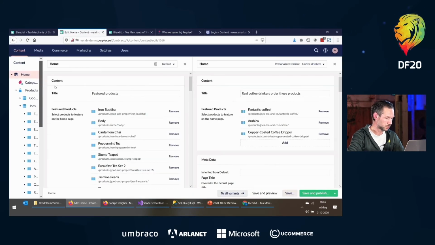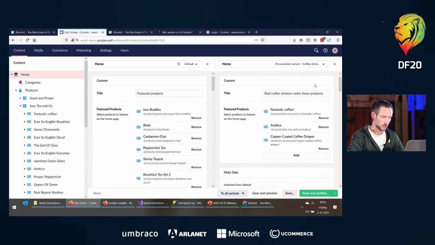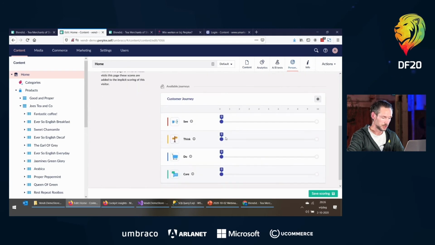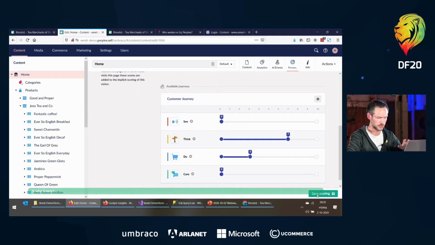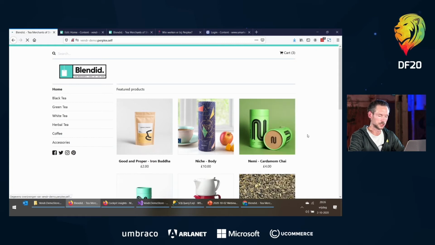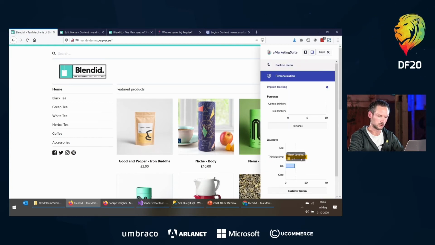To make it a bit more fun or realistic, I'm also scoring the customer journey for this moment, so you see some different things. This doesn't make any sense, but it's good for the example. So when I'm going to the home page, I will score the customer journey. You will see, okay, I'm in this phase, that's relevant. But if I'm going to the coffee section once more,